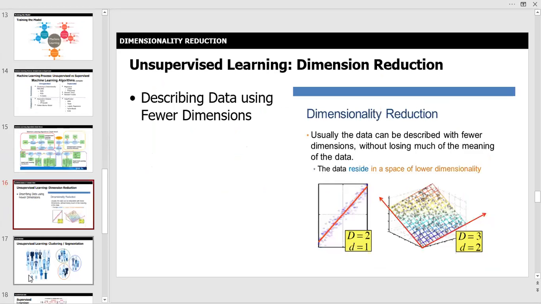What I want to do is just walk you through conceptually the four concepts. So unsupervised learning, dimension reduction. We get all this data, it comes in from all these different sources. And I don't know if any of you have ever opened up a log file and you've just seen one field and it's not even parsed out. It's all concatenated. There's one giant field and all the data is in there and there are no delimiters. And you have tons of it and you go, hey, what do I do with this?